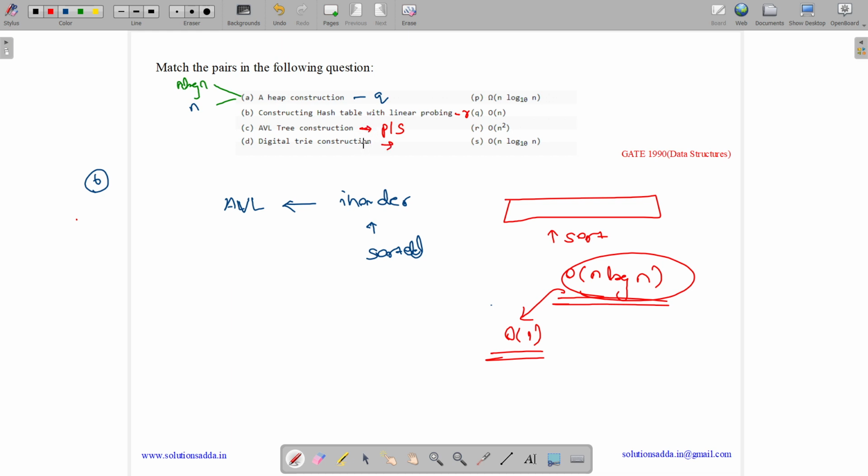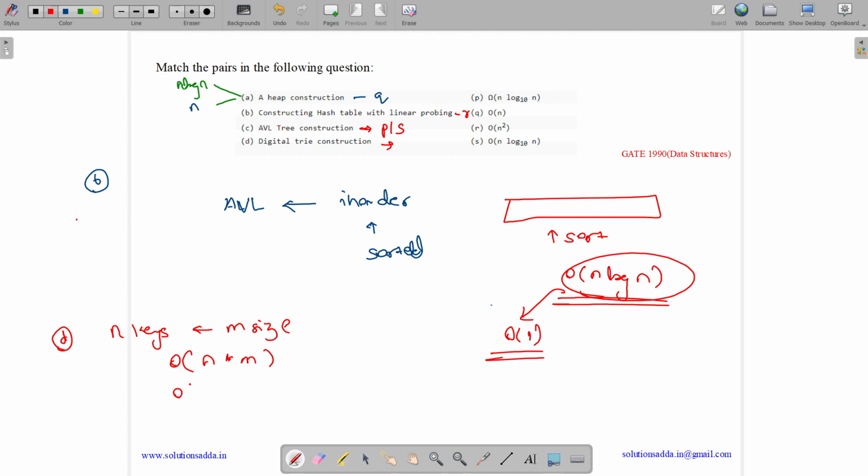Now the fourth option says digital trie construction. So what is a digital trie? Suppose we are inserting n keys in a digital trie, each having size m. The complexity for digital trie construction is order of n into m. But here we can see m is not there in the options.